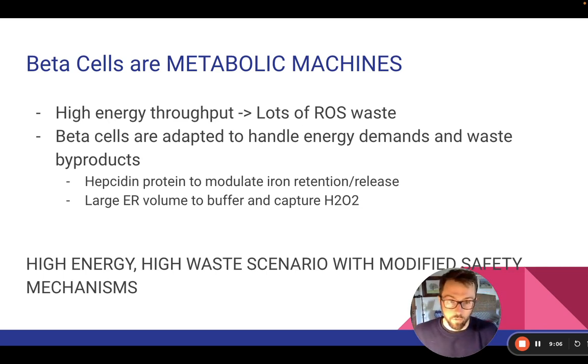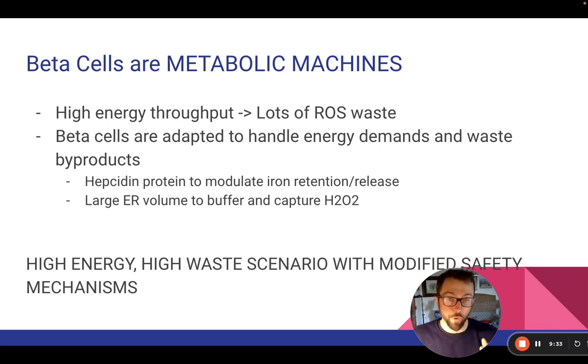So mitochondria, energy rich. If they're creating energy, they also have to be iron rich. If they're creating a lot of energy, they also have to be very ROS rich. So beta cells themselves, because of how metabolically active they are, have very active mitochondria. The beta cells themselves are unique among the pancreatic cell types in that they have a special protein called hepcidin,